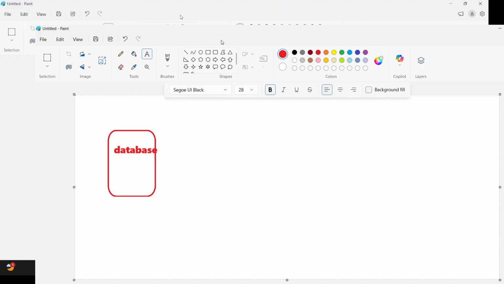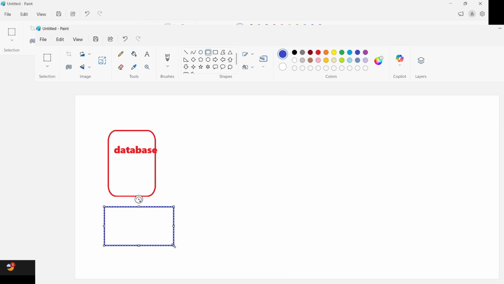What is the use of a database? What can we do with the database? Yes, we can store data according to group in a database. So a database is nothing but storage where you store the data.